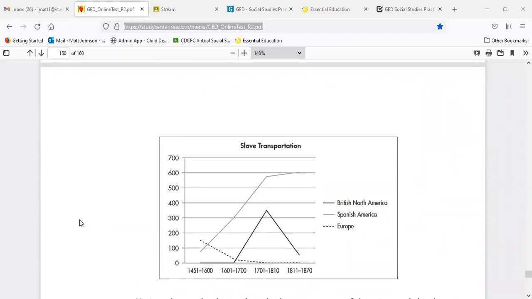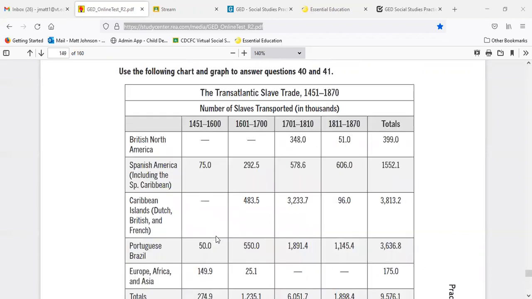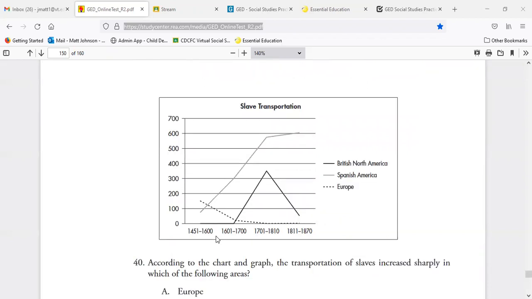And then this graph showing slave transportation. So this one is showing us a similar time frame. It's using the same time frame almost. 1600s, 1700s. Okay, no, it is. It's using the same time frame, which makes sense. And we're showing the transportation